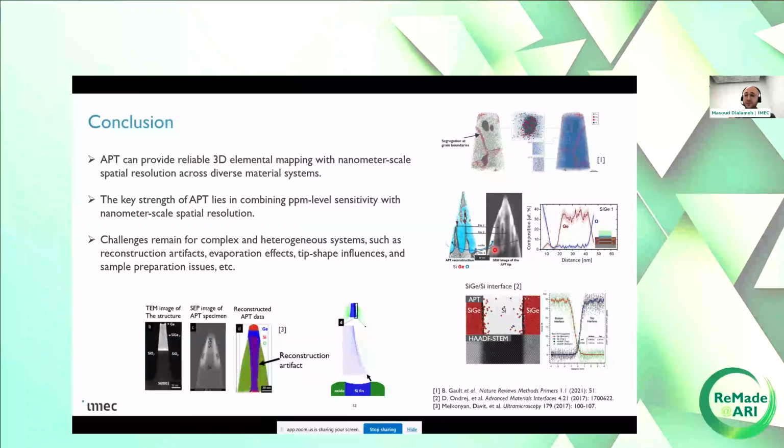Some analyses might fail at the very earliest stage of the preparation of the specimen, by damaging the region of interest, or throughout the measurement or the data reconstruction. But there are quite successful analyses in the literature, and the field is evolving. New materials are emerging, and that was my talk,